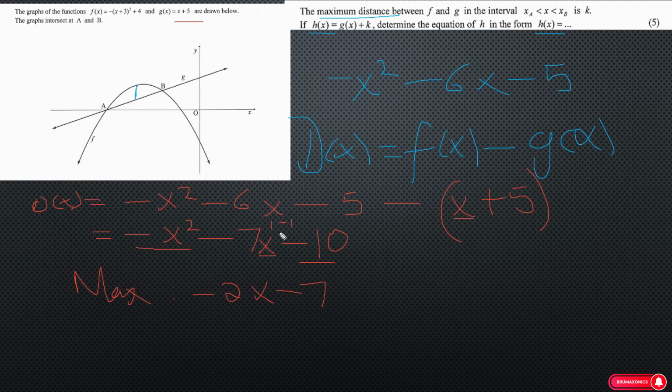Anything to the exponent 0 will be 1, so this will be multiplied by 1, but it won't change. Remember that, right? Equals to 0. So now negative 2x is equal to, then take the other 7 to that other side, it will be positive, and then we divide 7 by 2. So when we divide 7 by 2, we are going to get x, which is equal to negative 7 over 2. So now we know that this one will be the distance that we were actually looking for,